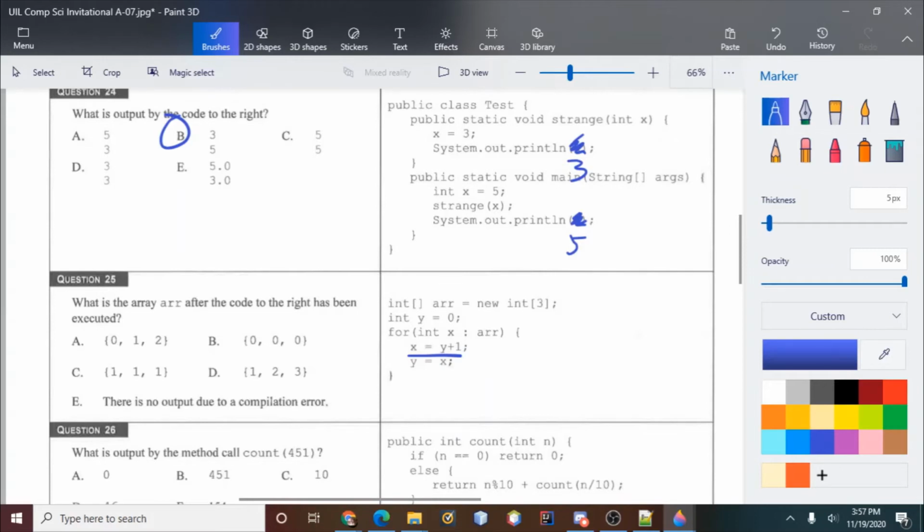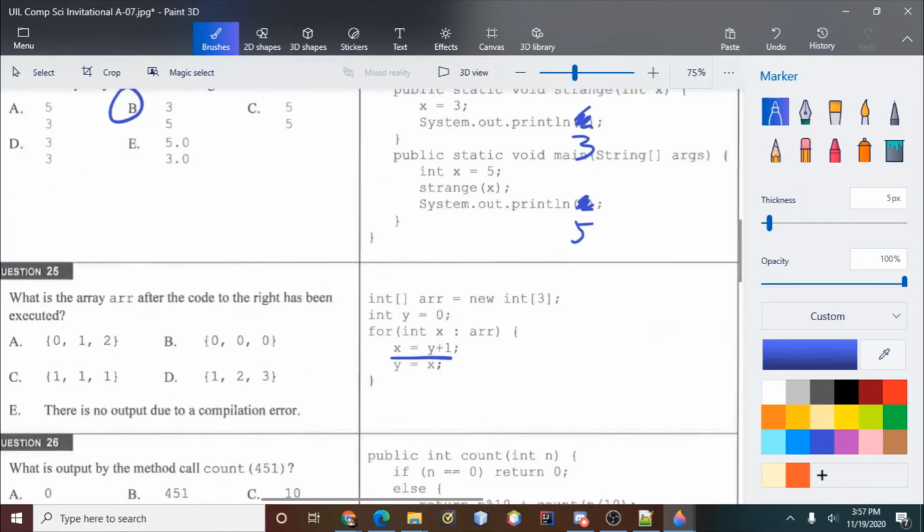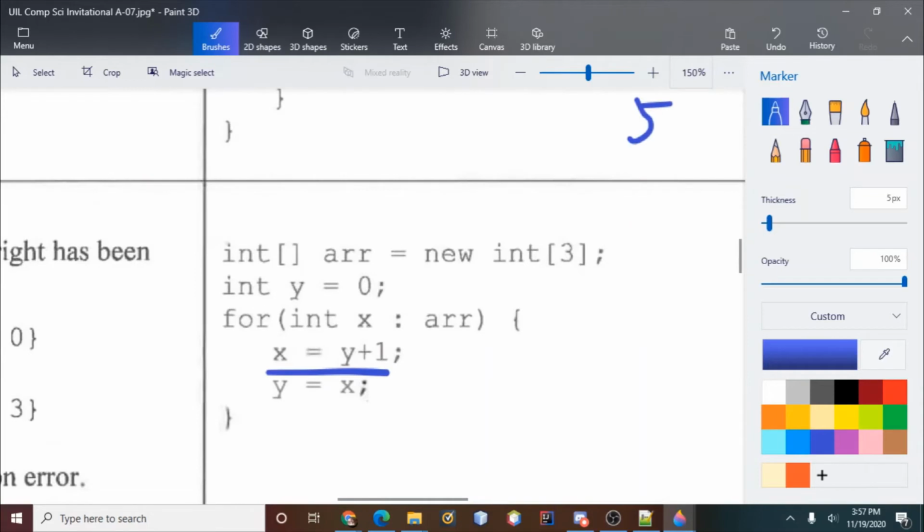Okay, but the problem with a concurrent modification exception is that it's not a compilation error. So I have to just assume that this is actually okay. Actually, no, yeah, this is actually okay because you're just pointing the X somewhere else. So,